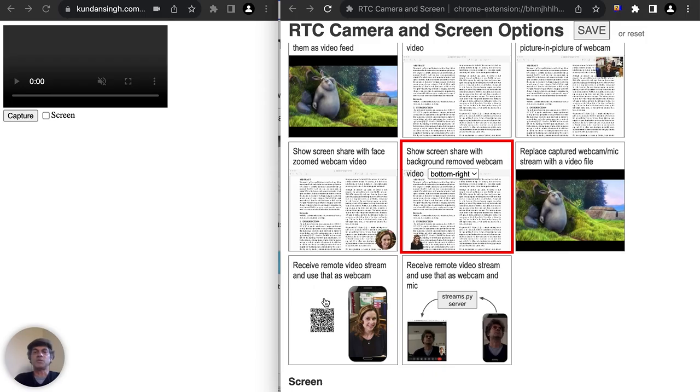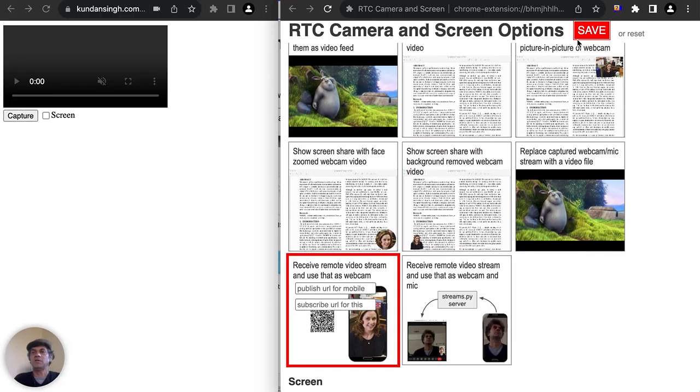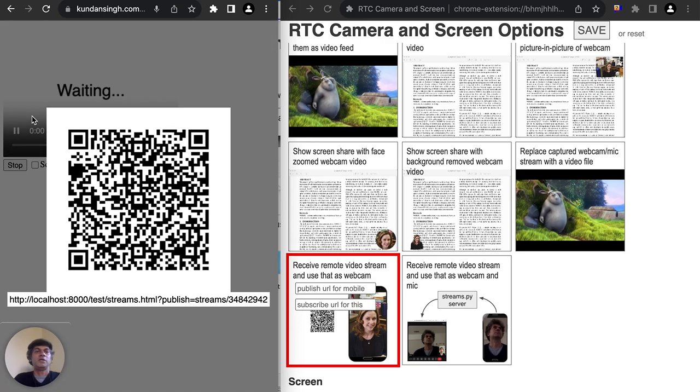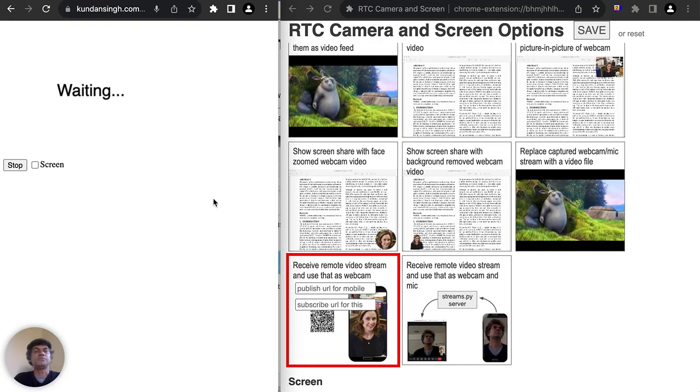I'm going to show this one. This allows you to use your external device as a camera. So when I click on it, I'm running a local service, which uses the Streams project that I had earlier. So when I capture here, it should give me a prompt which I can use on my mobile to stream